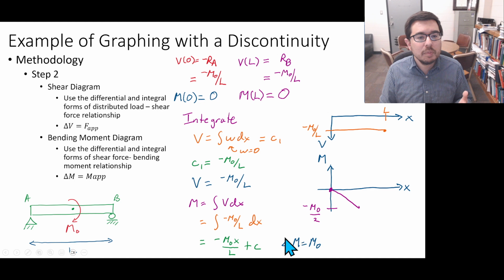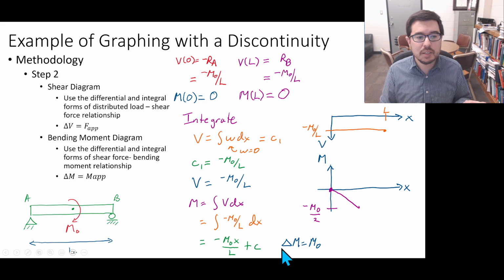So we can plug in x equals L over 2. And when we do that, what do we get? Well, we get L over L, and then we get a 2 in the denominator, so we get minus m naught over 2. Interesting, okay? So we go to this point, and now we know we have a discontinuity with this m naught being an applied